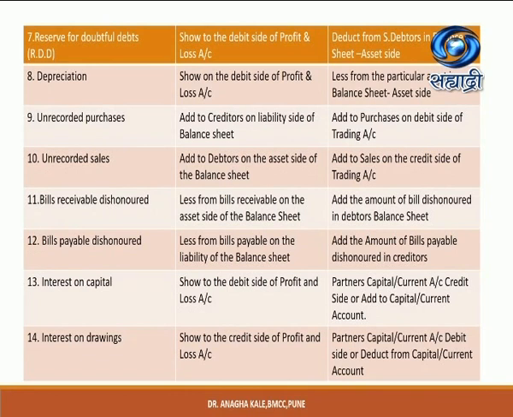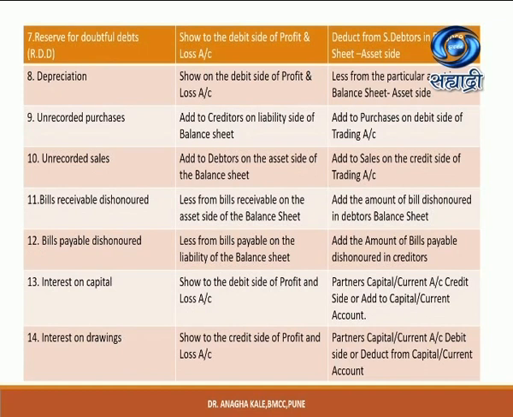Moving ahead with the next adjustment, that is reserve for doubtful debts. As we have seen in the case of new bad debts, we are showing it in debtors as well as on the P&L debit side. In the same way for new RDD, we'll be showing it on the debit side of the P&L account, and we are going to deduct it from debtors. While showing RDD, first we should deduct bad debts from debtors, then on the net amount we should find out RDD. This bad debts and RDD we can combine, and the net amount we can show in the P&L account, or we can show bad debts and RDD adjustment separately in our profit and loss account.